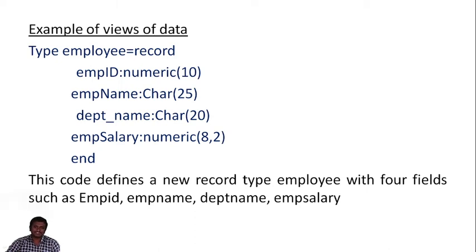And what is the relationship between these data? Employee ID is numeric and employee salary is also numeric. That is a relationship between the employee ID and employee salary. And also employee name is character data and department name is character data. This level of detail is known only by the database admin or application-level programmer. These details are not known by the end user. The database application programmer hides this from the end user.